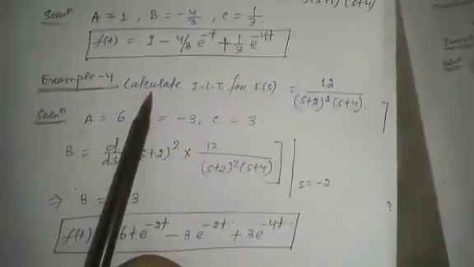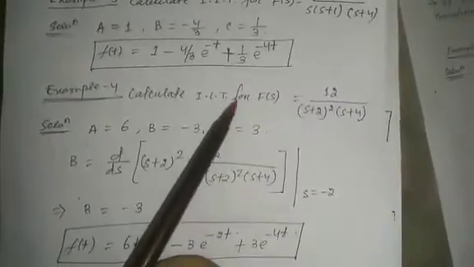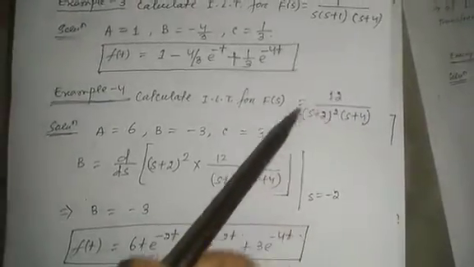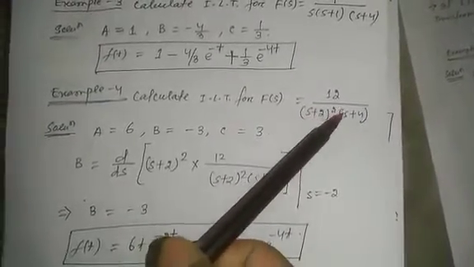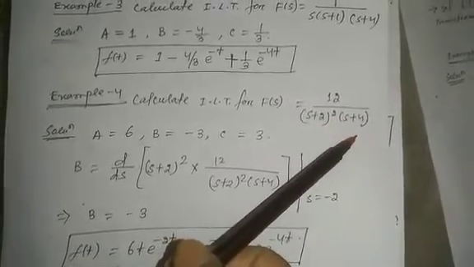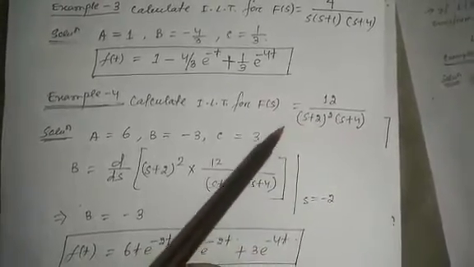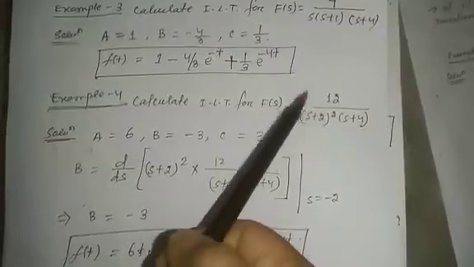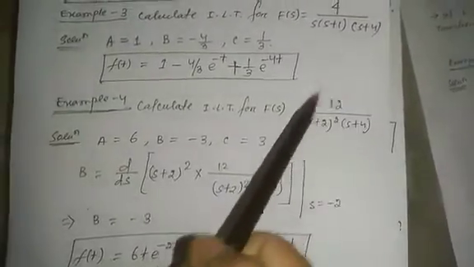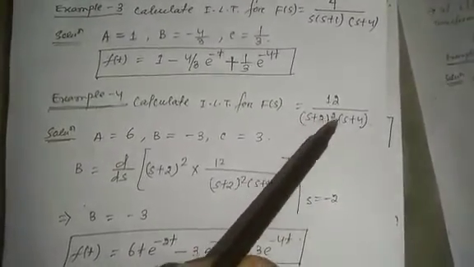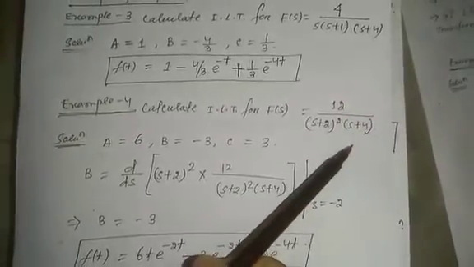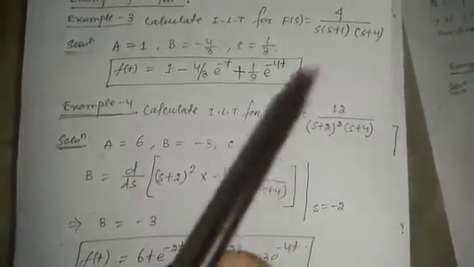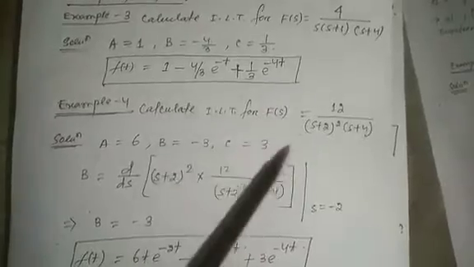Similarly, example 4, calculate the inverse Laplace transform for f of s is equal to 12 divided by s plus 2 square into s plus 4. Similarly, here some difference is present. How do you write it? A divided by s plus 2 square plus b divided by s plus 2 plus c divided by s plus 4. Where a square term is present, first you write in the denominator the square, then s plus 2 square,